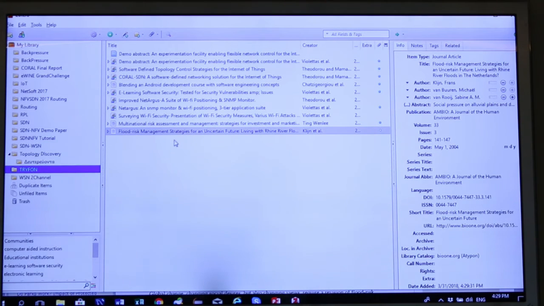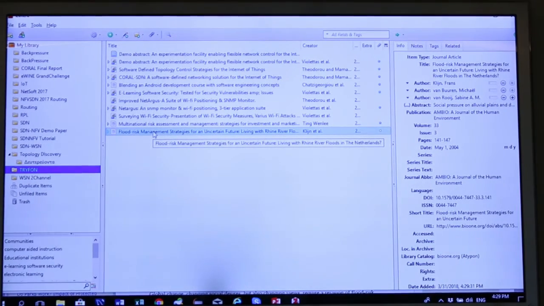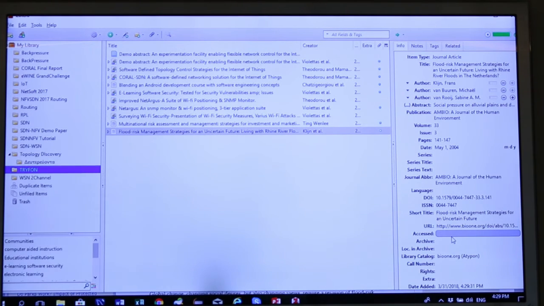If I go now to the software, I will see it, flawed risk management. Unfortunately, the font is very small. Can you see? Okay. And I see all the metadata information on the right side. If I disagree with some of them, I can go there and edit them. Volume 33, I don't know, maybe there is some mistake or some extra data that you don't want in your citation. You can delete, you can add, you can do all these things here, because we said earlier that you can also manually change it.